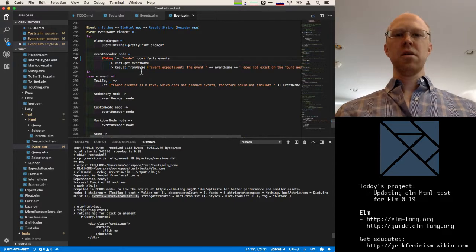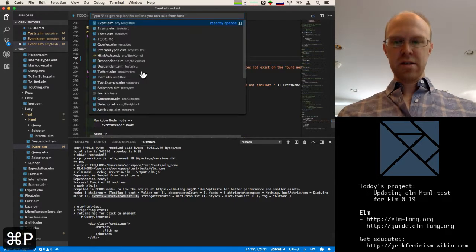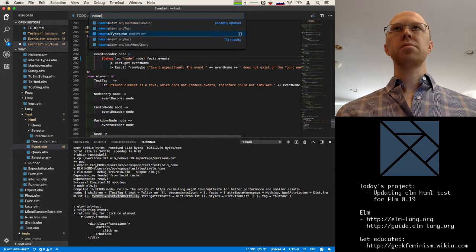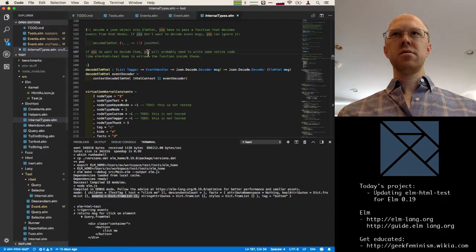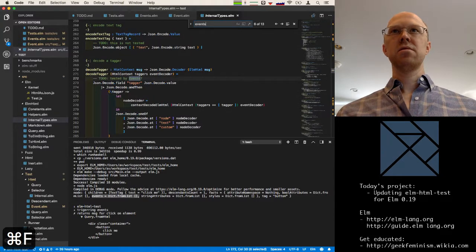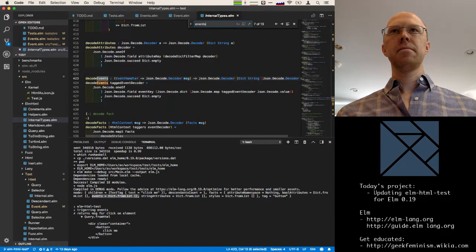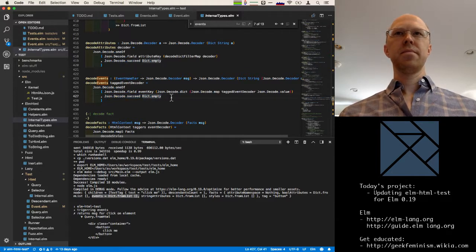So I think I'm going to go back to the file that we worked on last time, the internal types, and see if there's anything about events in here. Decode events. Okay. So here it's trying to decode events out of a field in the JSON, and if that doesn't work, it just always succeeds with an empty dictionary.